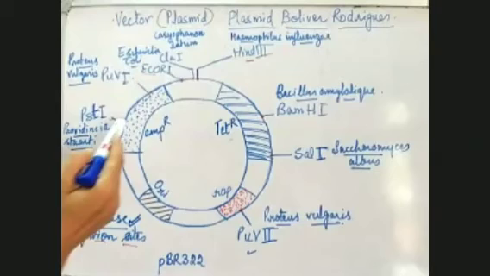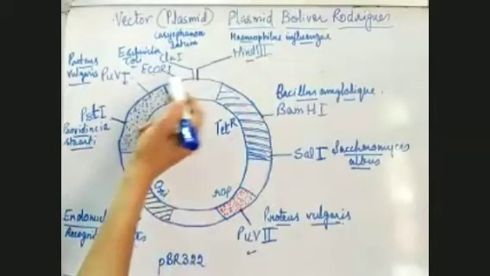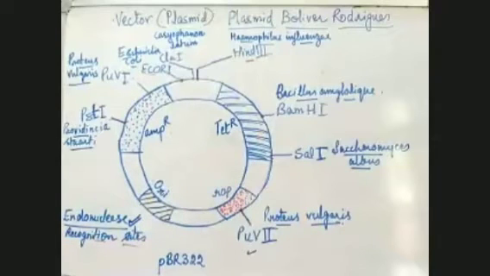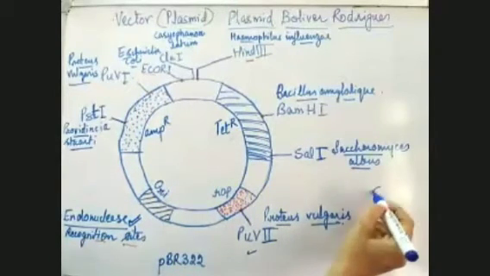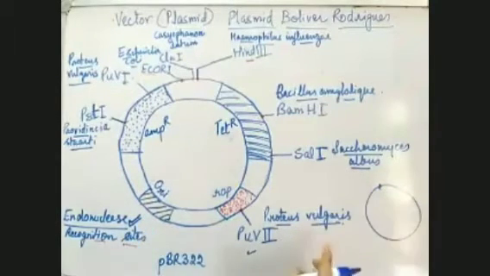So if there are eight, and when I was telling you the characteristic properties of the vectors, I told you there should be one recognition site. If you remember, when I was teaching you the characteristic properties of a plasmid, I told you there should be just one recognition site. But if you see here we have 8 recognition sites. And in a plasmid, there should be only one. If there is more than one recognition site, what will happen? This plasmid will break into fragments.